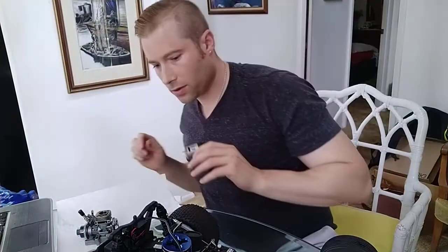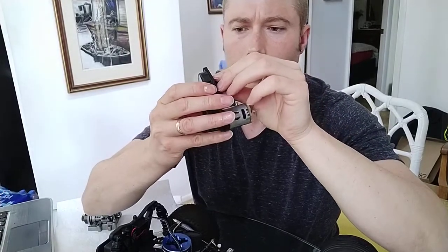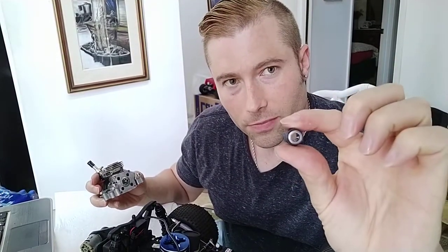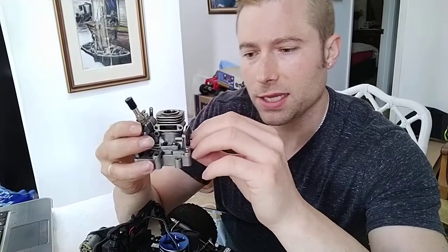And the Easy Start bearing also has that hex shape, and it fits perfectly inside. Now, this one-way bearing sits on the TRX engine on what I believe would be referred to as the crankshaft. I'm pretty sure this is referred to as the crankshaft or crankshaft extension. And we can see,